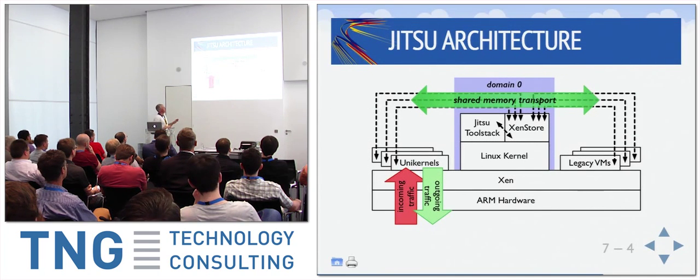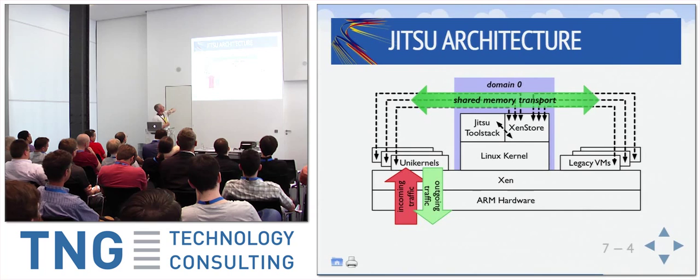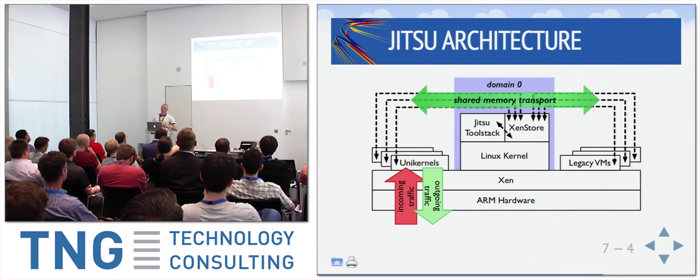This is the basic architecture. So the idea is you've got legacy VMs sitting protected, right? They're not directly network accessible. They have no connection to the network at all. The only thing they can connect to is this shared memory communication channel. And the idea is that when traffic comes in, we can boot a unikernel in response to that traffic that will handle that traffic, that will deal with that external connection. So there's nothing there really to be attacked, right? It doesn't have a bash shell. Shellshock doesn't exist, right? It's a unikernel. And it can communicate with a legacy VM through this shared memory channel. So you've got this kind of legacy-VM-specific firewall, if you like, that's been interposed.